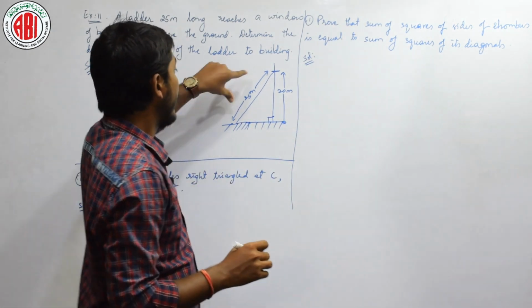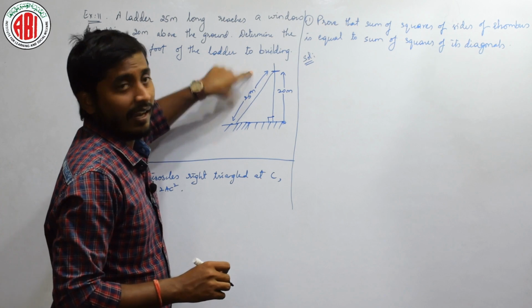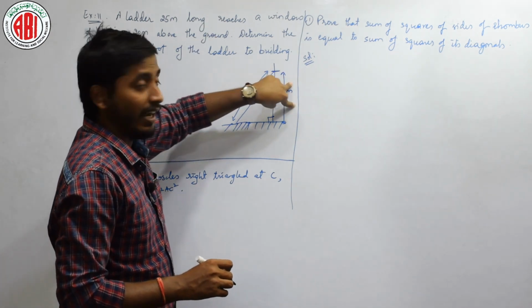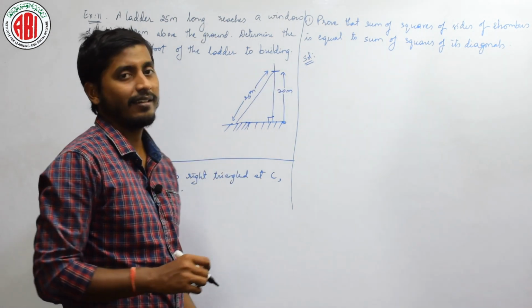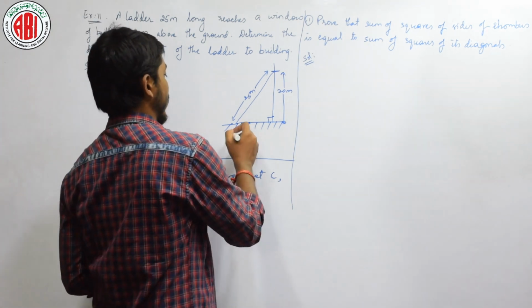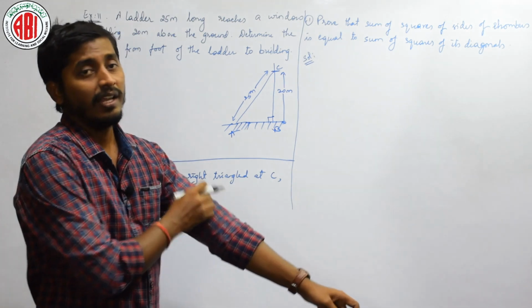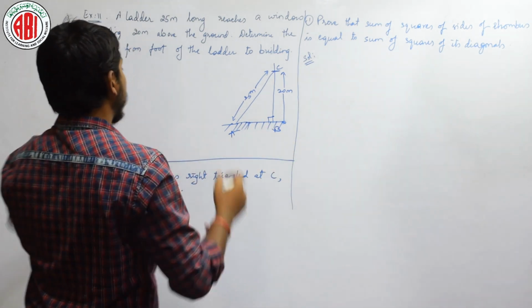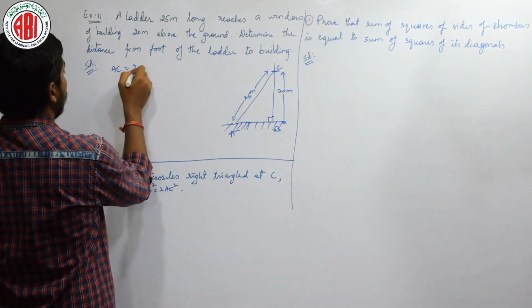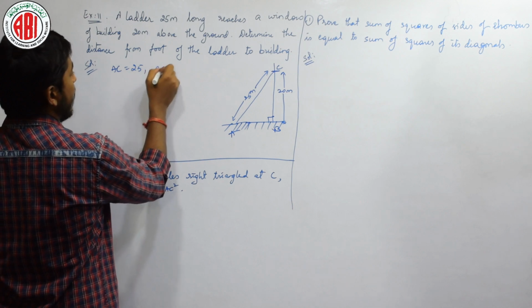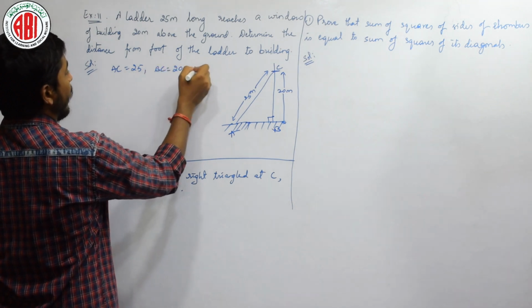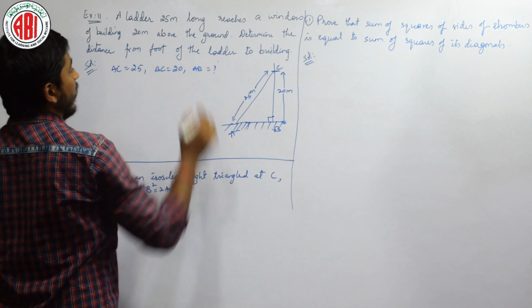If you observe here, they gave this hypotenuse, right, they gave one of the sides of the right angle triangle and we have to find the second side. That is the thing, there is nothing more you have to remember. A, B, C, if we observe here, given AC as 25, BC as 20, I have to find AB, right.